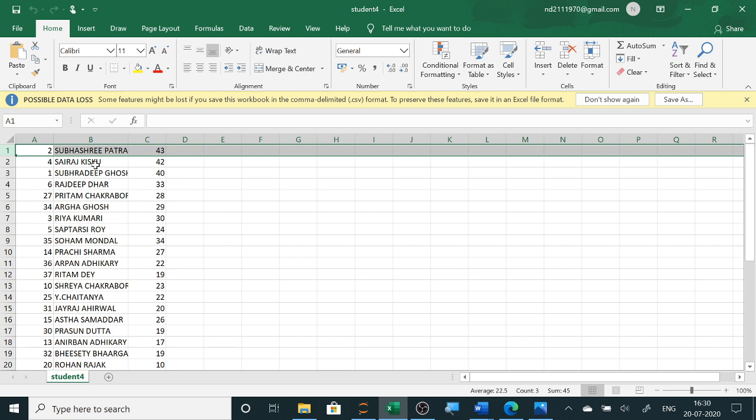I have just given all your data, and here roll number, name and marks I have given. Heading I don't want to give because I want to search with roll number. If you write some string, then sometimes from the second record you have to start searching. So I want to start from the first record, so I have removed it.